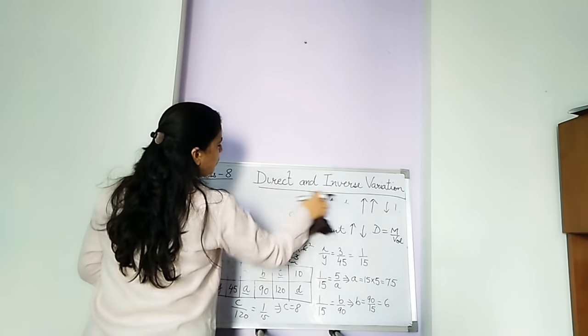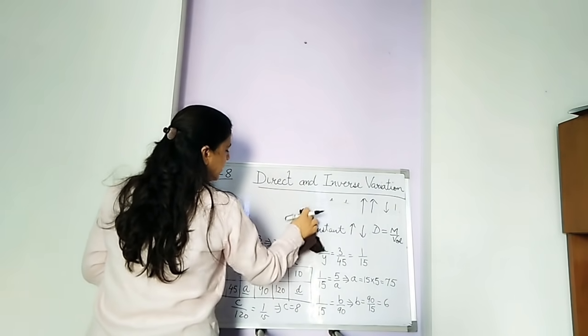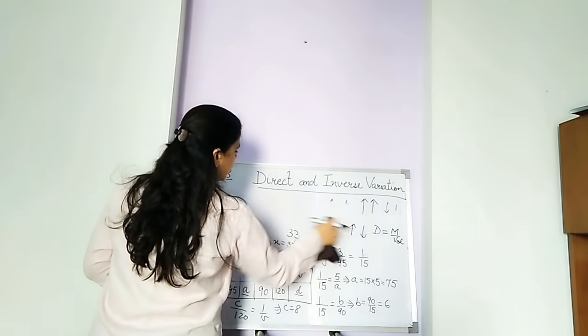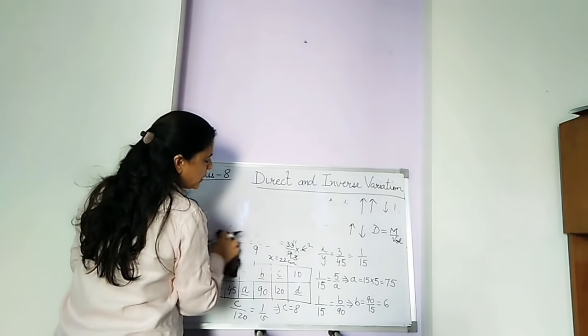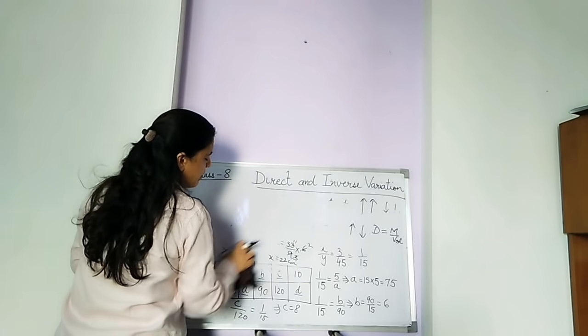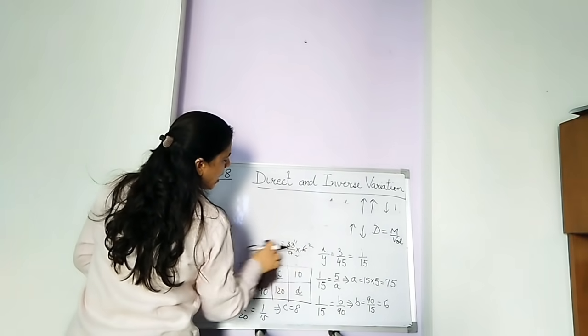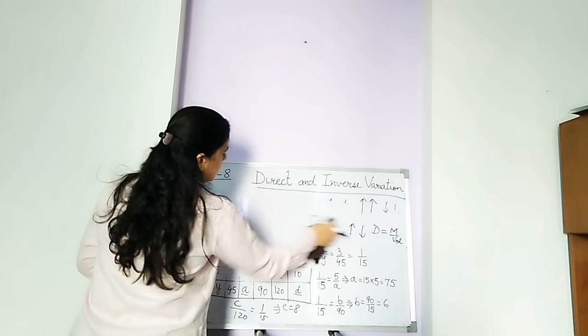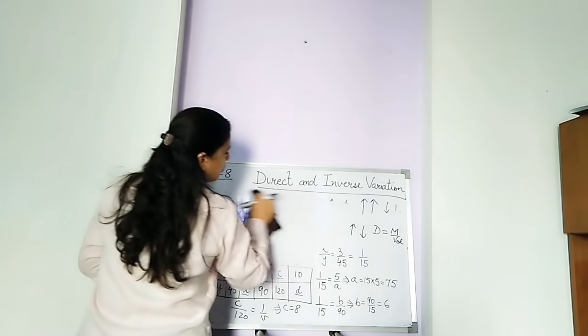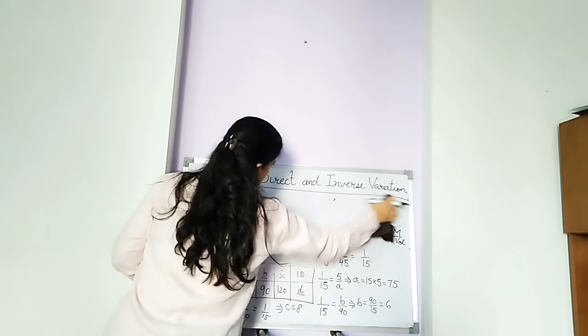So whatever salary 5 men are getting is equal to the salary of 7 women. That means the women are being paid less, or they can do a lesser amount of work, labor, or they are being paid less.